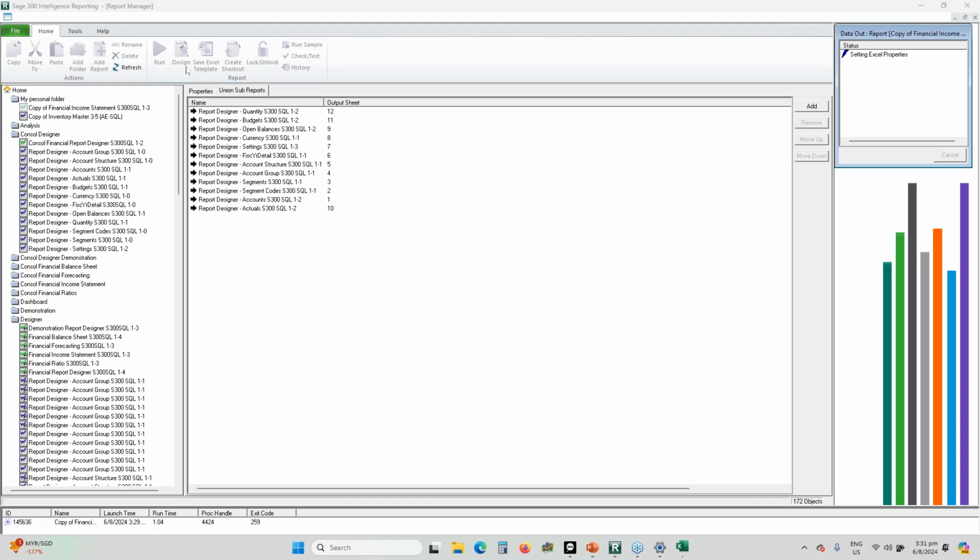Now, you notice that it takes far longer to run than the inventory master because of these 12 reports. It has to go and extract all these and populate them into the individual worksheets. Then it has to render the output based on the template that the author of this report created in the instance. Now, in the inventory master report, you saw there was only one worksheet created called inventory master, and it is a pivot table. When this report finally renders, you find that it actually contains a number of worksheets. So that's another reason why this one takes a bit